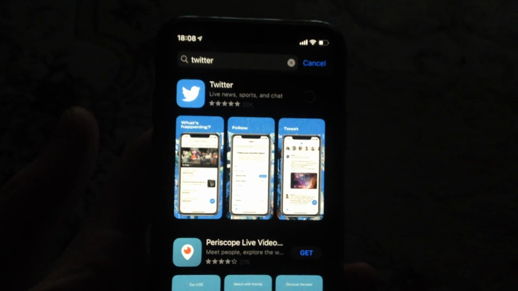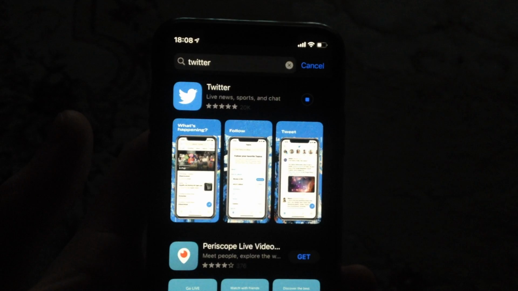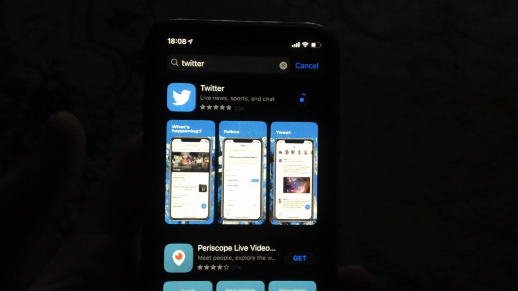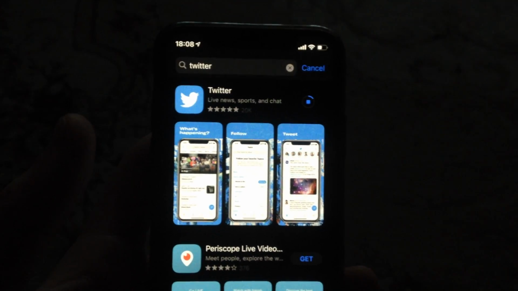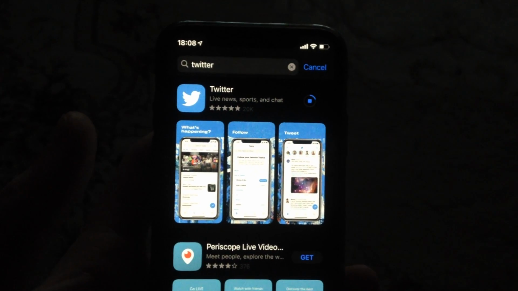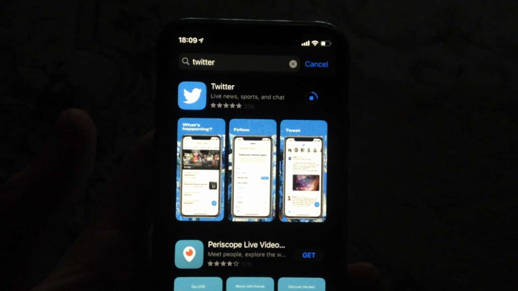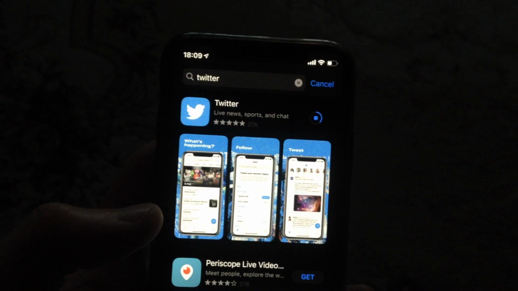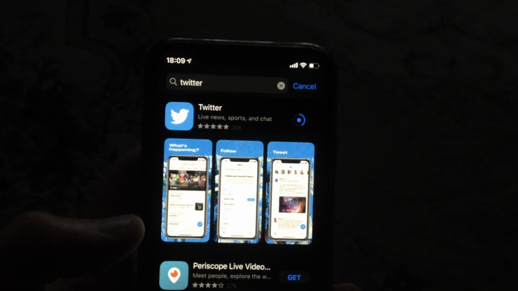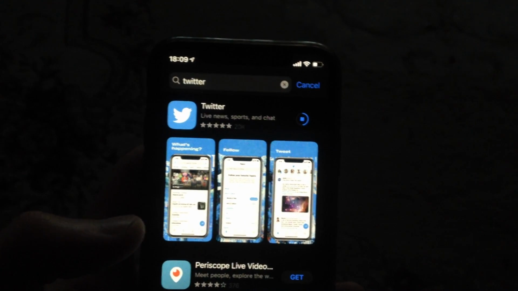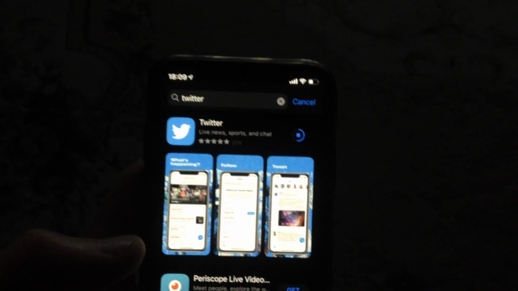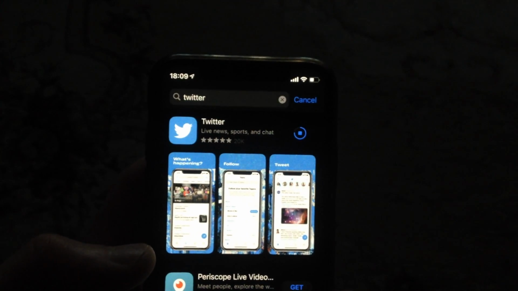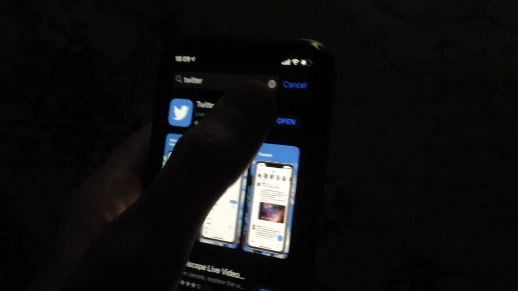And now you just need to wait some time until it successfully downloads and installs this app on your phone. So just wait until it successfully installs this app. You see, it's really fast. So now just tap on open,